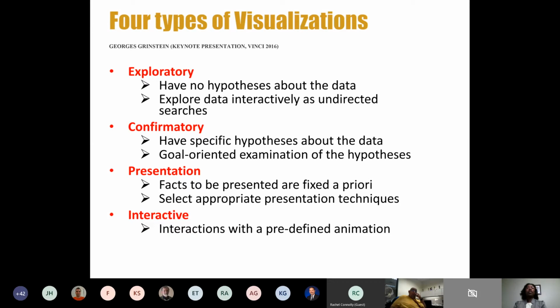And lastly, there are interactive visualizations. So we've all seen them. If you've been on the web, you clicked on a visualization and something happens or something moves, or maybe you're able to set the measures or set the variables to certain values and see what happens as a result of that. And so if you think about the slide that I showed earlier in terms of where you are in this continuum of data visualization capacity, the interactive visualizations would be at the top of, or close to the top of that little pyramid that I showed you, because that requires some programming